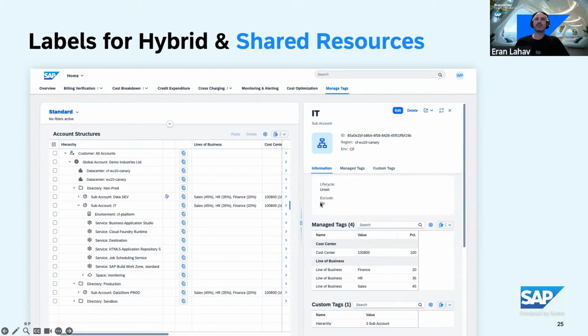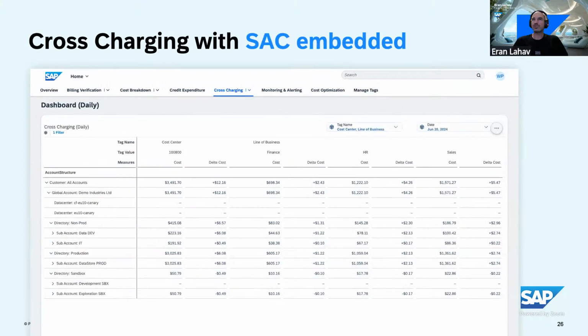And when you are modeling and tagging your resources, you can go to this cross-charging tab and, instead of seeing the cost by the BTP entities, see the cost by the tags that you put in. So you can see all the cost per finance, per HR, per sales, or per the different cost centers. Totally up to you, but